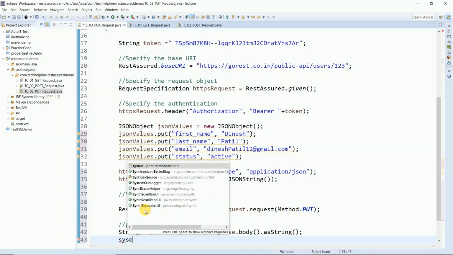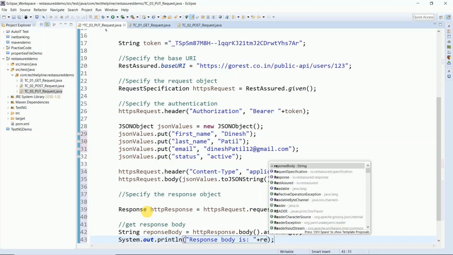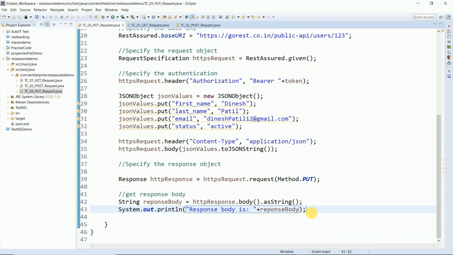Print the response body is, and the response body. So guys, we have written the required code here.